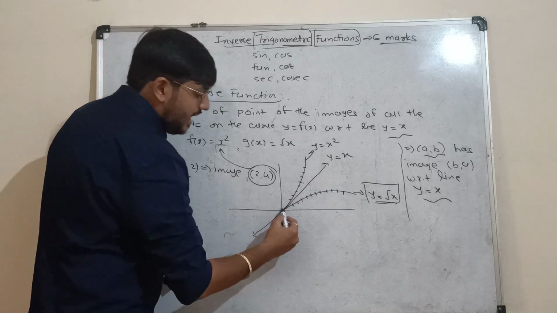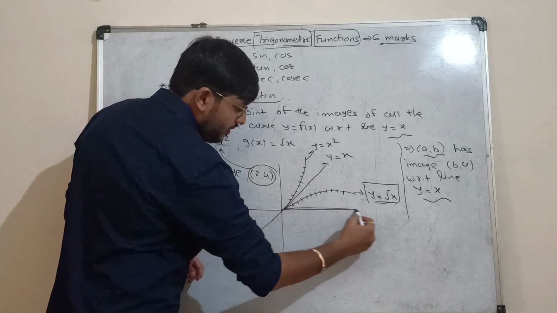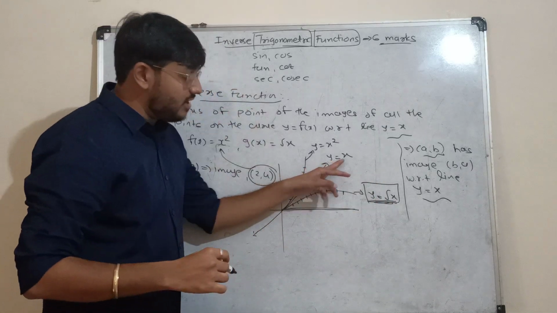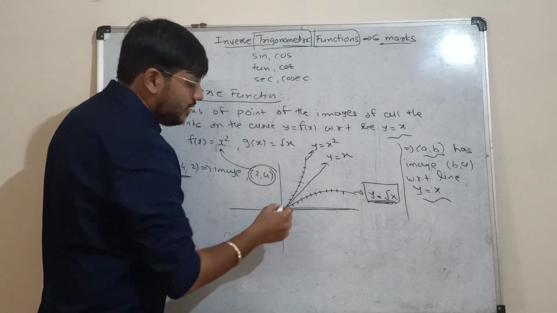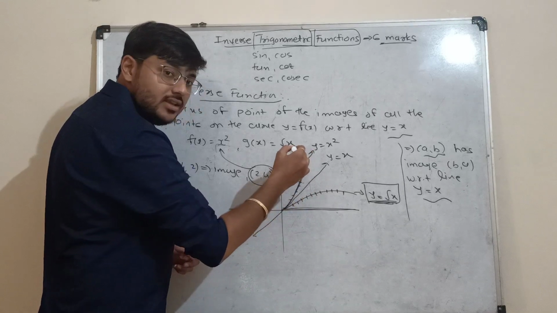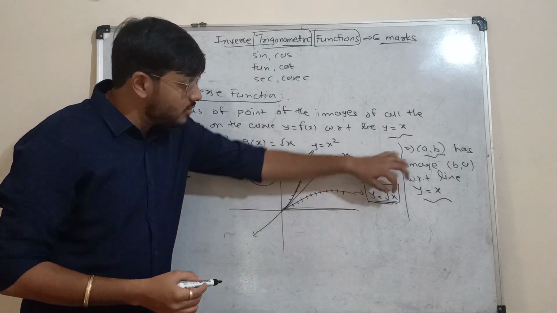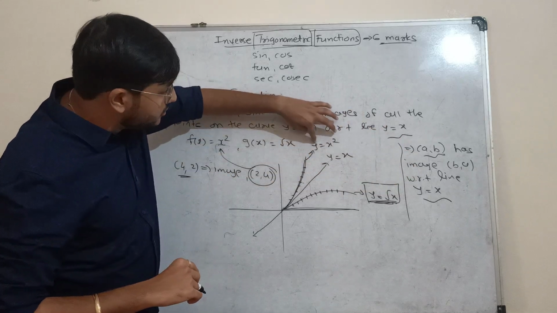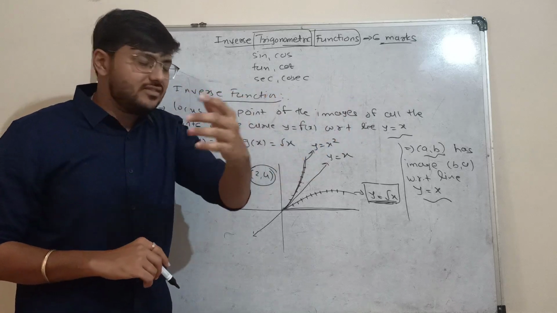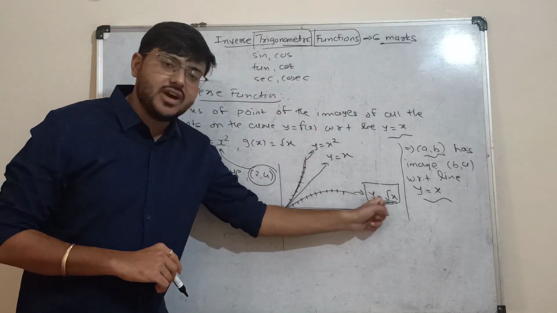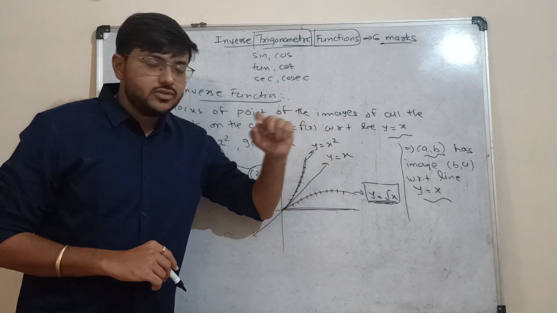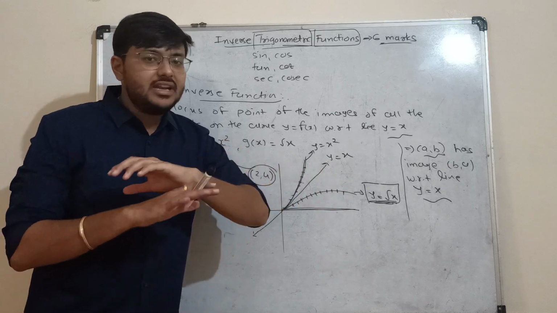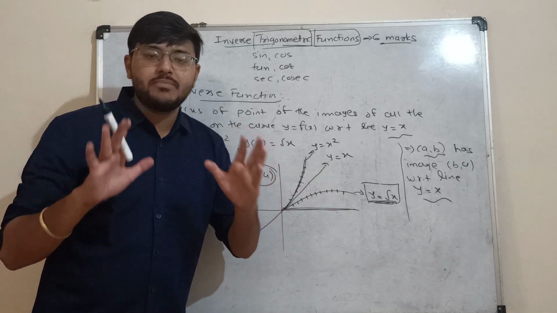So randomly, if you take any point from 0 to infinity on this curve, and if you find its image with respect to the line y equals x, all those images will be on the curve y equals x square. So in other words, we can say that y equals root x has the inverse y equals x square, or vice versa, y equals x square will be the inverse of y equals root x, right? So this is the simplest and the general definition of an inverse without any terms and conditions. I am just talking about a simple definition.